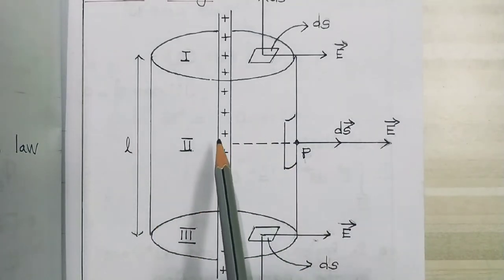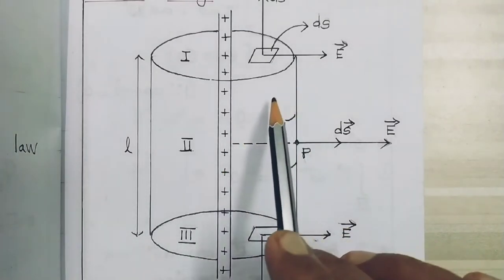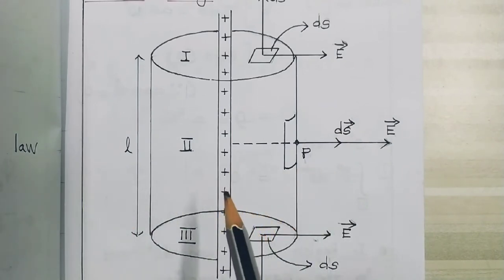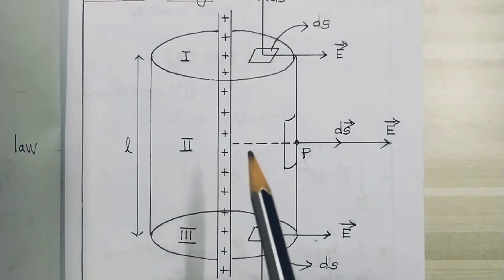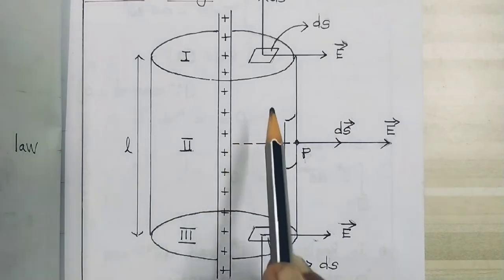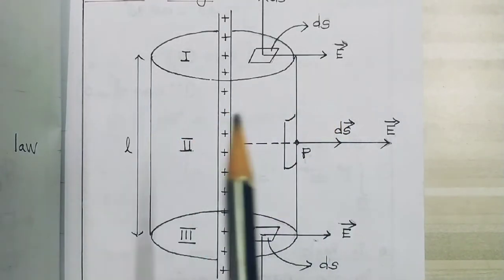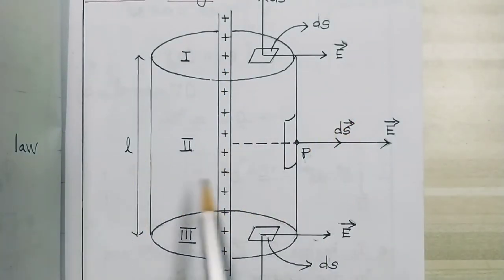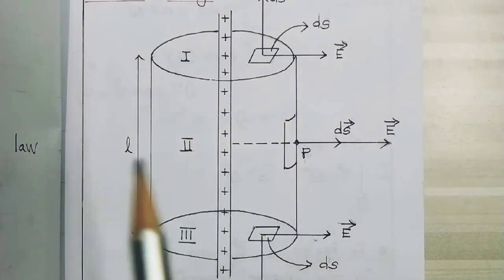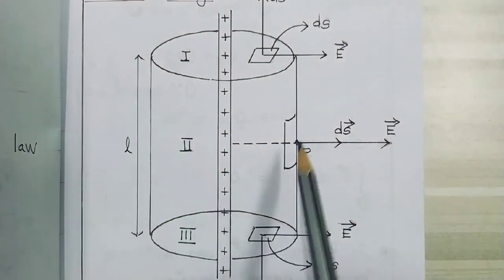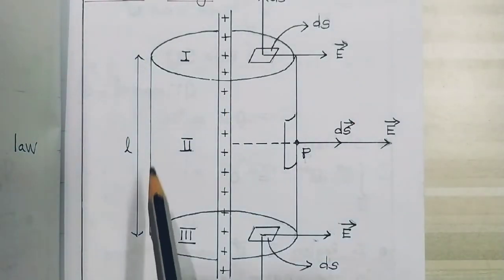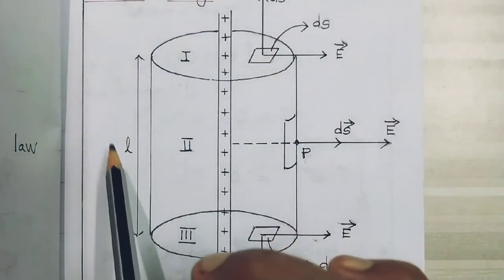Okay. Now let us consider a Gaussian surface in a cylindrical form. If we look at the wire closely, it also exists in the shape of a cylinder, cylindrical form. So the electric field around the wire also is in a cylindrical form, all around it. So let us assume a Gaussian surface around the wire in the form of a cylinder. That's what I have drawn. Let the length, the height of the cylinder be L.